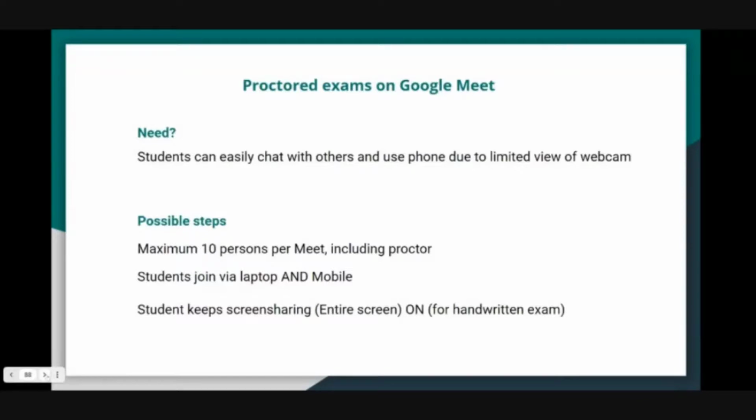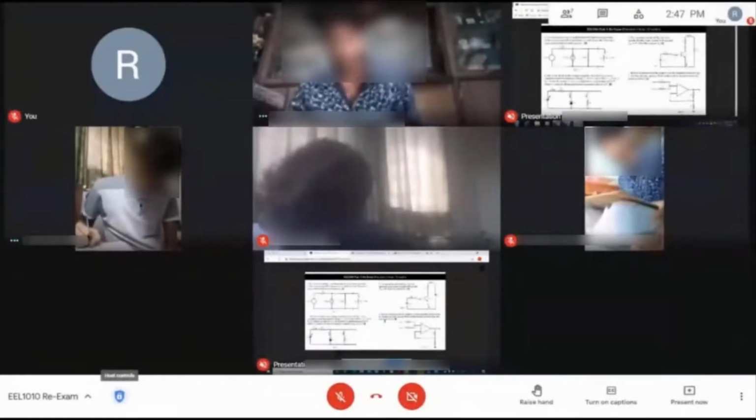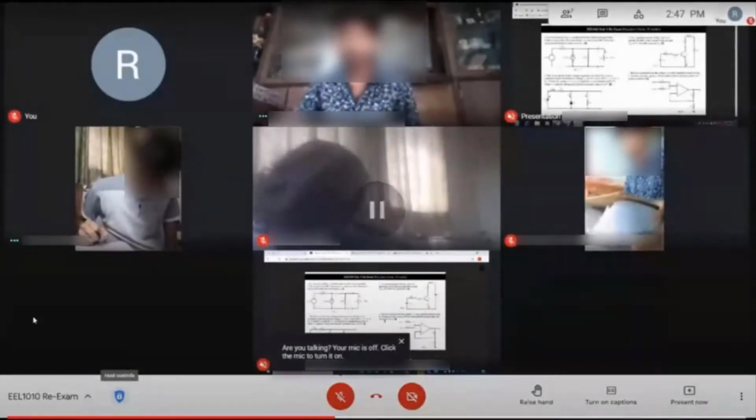So I'll show you one demo of how that works. This was a repeat exam that we took for 2 students. So you notice here that one student has joined from phone. I can see his entire workspace. This is his phone camera, and on his laptop, this is the webcam from his laptop. He has also shared his screen, right? So for each student, I can see the full screen, the webcam input, and the workspace. So what I asked them to do is align your second device in such a way so that I can see your workspace clearly.